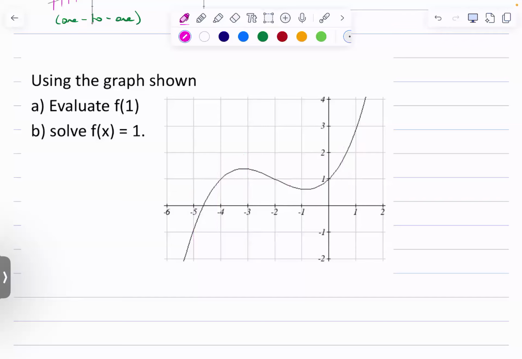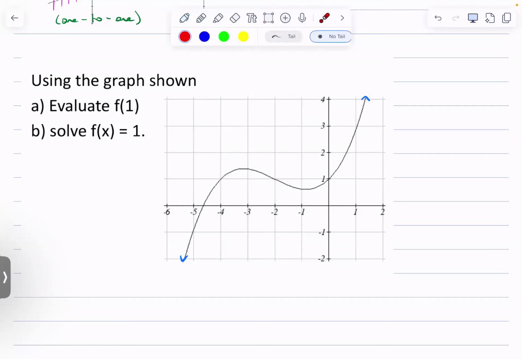And just to keep it kind of clean, I'll erase those, but it is a function, right? And so now we can evaluate f of 1, which means if I give it an input of 1, what's the output? Now with these grids, we'll do approximations, right? It's just for quick eyeballing, right? And also a note, whenever we have graphs like this, you always assume that they keep going, right? So they keep going and going and going, but we're just working in this little area.